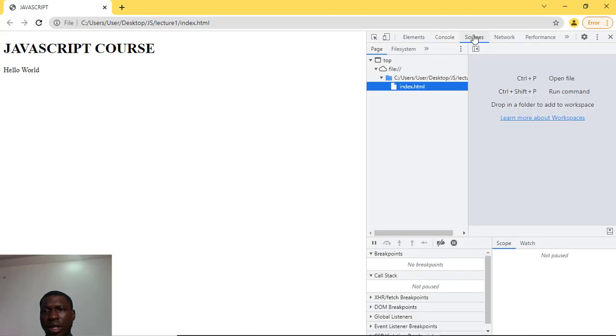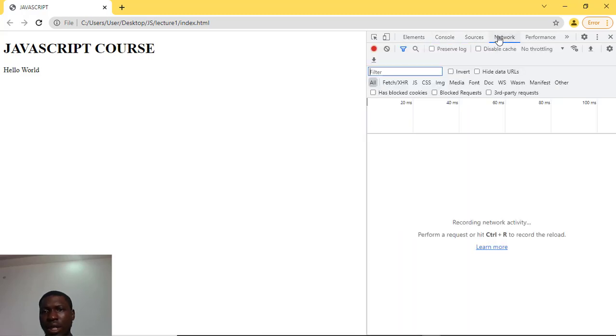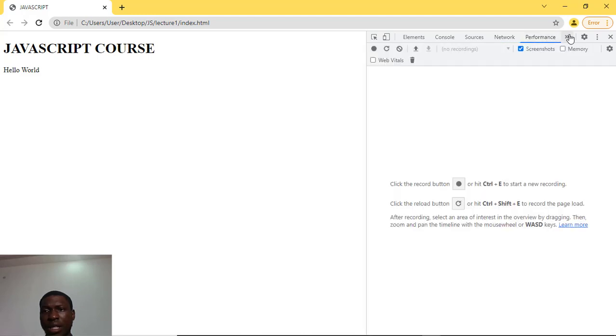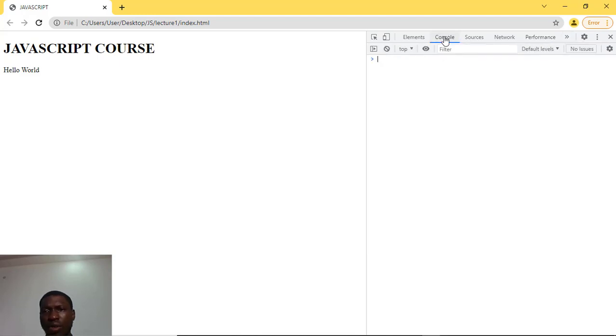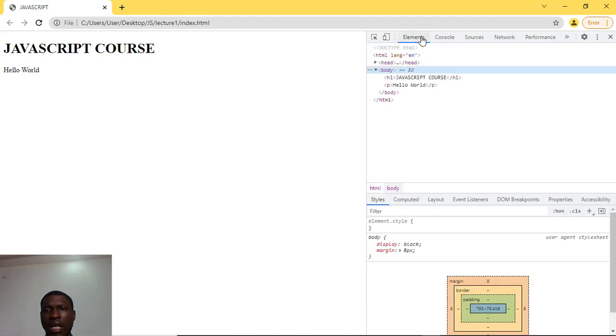And I have sources, I have network, and this just tells me about the networking stuff that go on in my code. And then I have performance and a whole lot of other things, memory, application, security, and all. But we are mostly concerned with our console tab and our element.